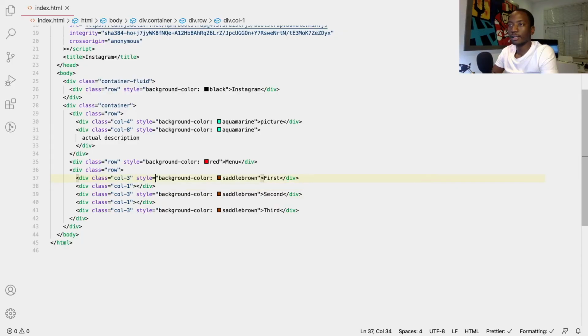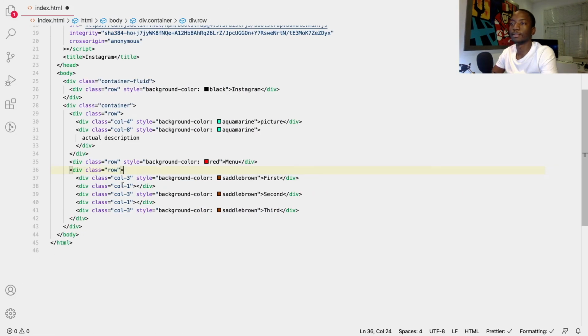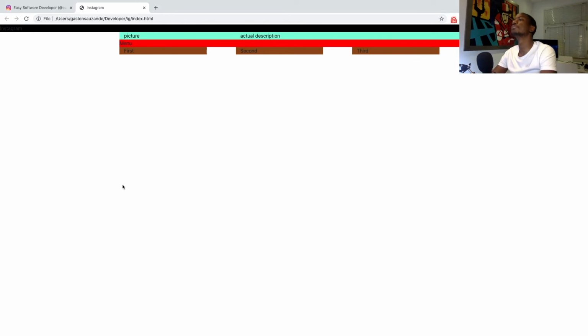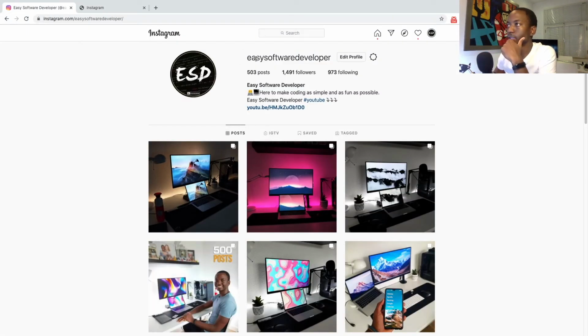Let's see what happens. Yeah, we have some spacing, some cool spacing in there. And maybe we can have another one here, something like that. Yeah, it doesn't look much like Instagram now, but I think like this we will be fine for now. So right now the next step would be in the actual description to finish up with the 1, 2, 3,